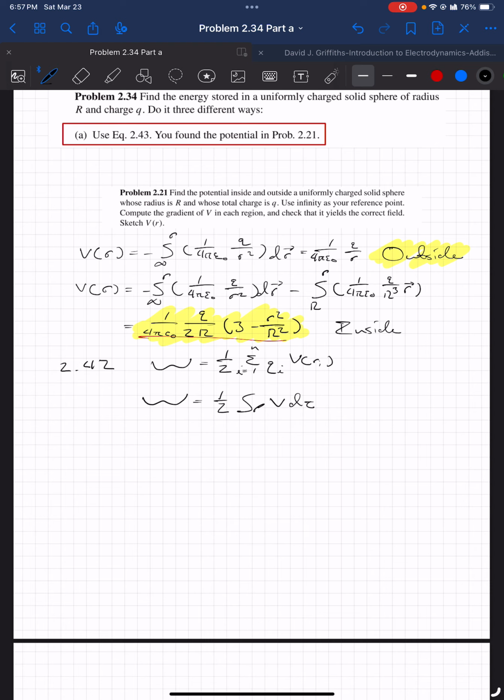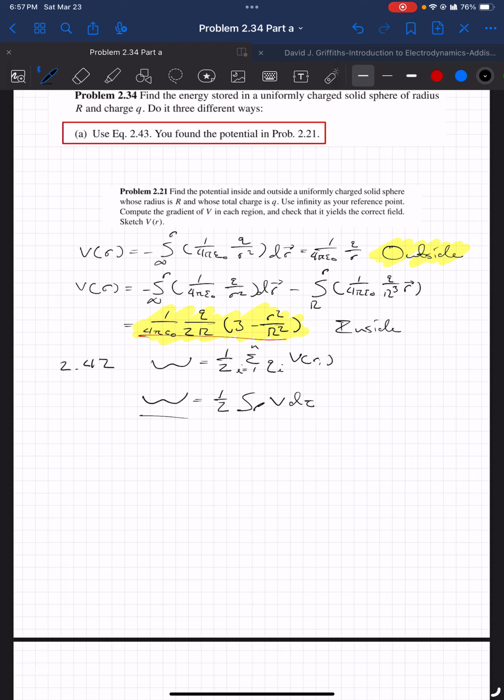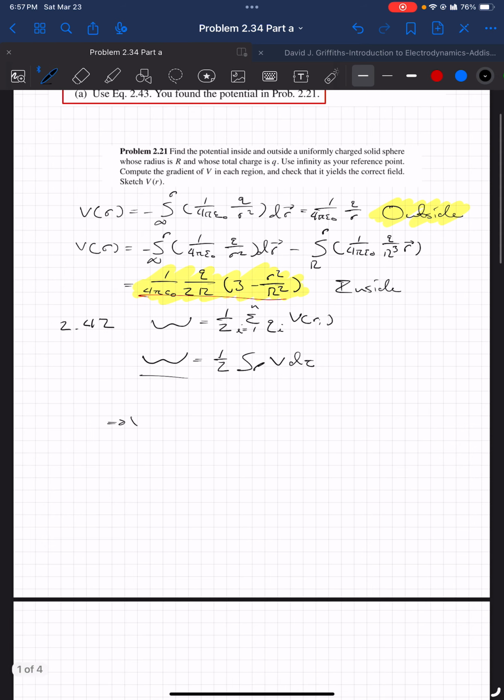Plugging in our potential, we will get W is equal to 1/2 the integral from 0 to R of rho multiplied by 1 over 4 pi epsilon naught q over 2R, 3 minus small r squared over large R squared, multiplied by d tau, in which we know d tau